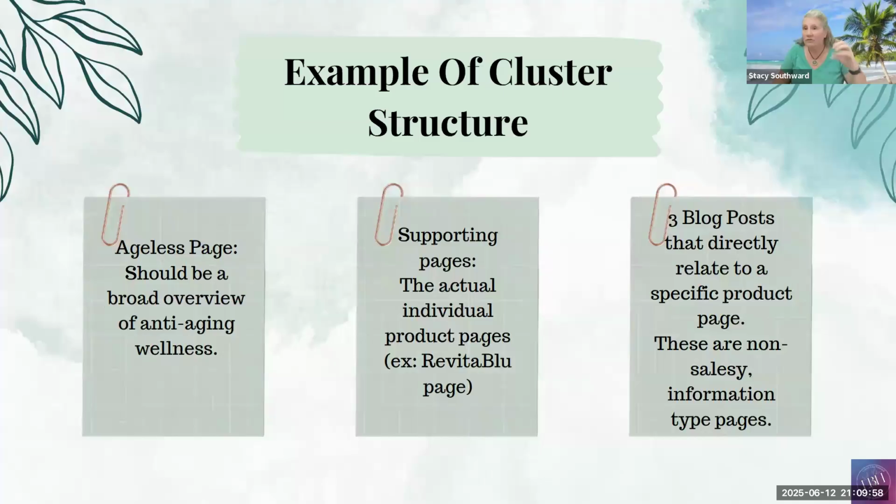You can put in each individual product there, but then you want to connect each individual product to their own page, so that if they come in through your ageless page, you advertise the bejesus out of your ageless page or your biohacking page, they want to know about a specific product, they want to know more, they come to the supporting page. And maybe from there they buy because you gave them even more details that they were looking for. Okay. But you also then want to have at least 3, even up to 5 blog posts, blog pages